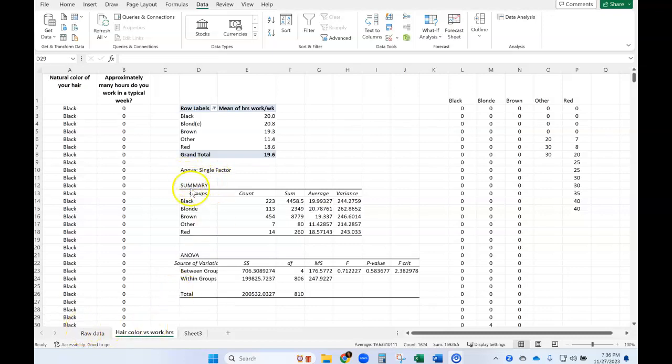In order to get this ANOVA table and also some other data analysis features in Excel, we do need this data analysis button. If you don't have this button, then I'll show you how to get it. So right now you can see I have it, so I was able to use it to make my ANOVA